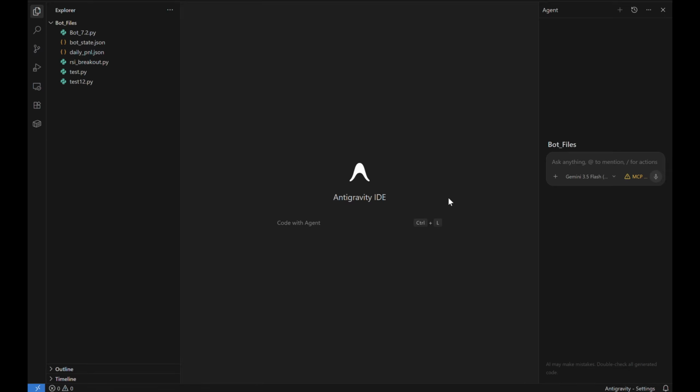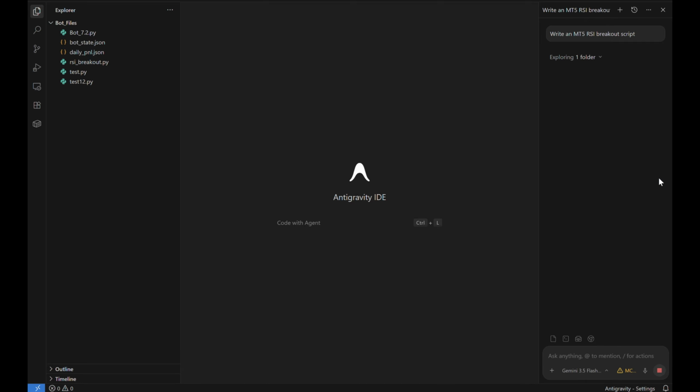Today we're cracking open a new module. We're going to explore exactly how to turn anti-gravity AI into an elite 24/7 programming assistant for your algorithmic trading journey. Think of anti-gravity AI not just as a text generator, but as an on-demand junior developer sitting right next to you. When you're building an entire trading bot from scratch, which is exactly what we are executing in this